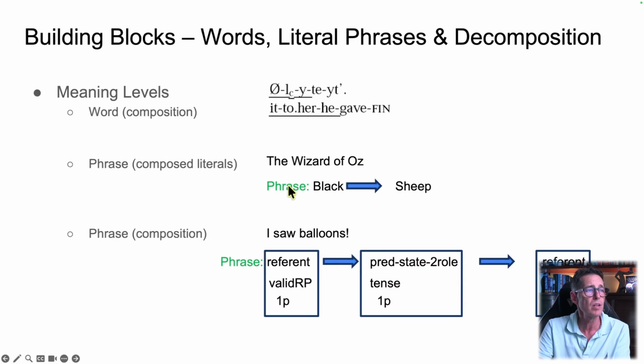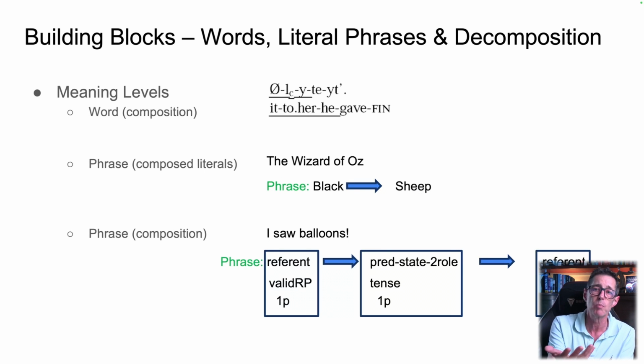In the case of the Wizard of Oz, we'll change this composed literal so there would still be that, but there's another type of phrase that we could recognize like black sheep. And in the case of that expression, we can say, well, the black sheep is the bad person in the family. It's the one that stands out from everybody else. It's the black sheep, metaphor being the black sheep standing amongst a lot of white sheep. And so those still exist in the world.